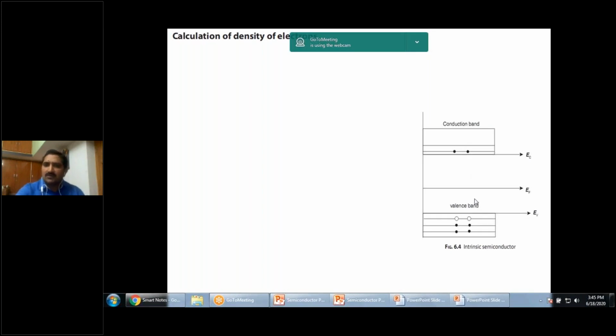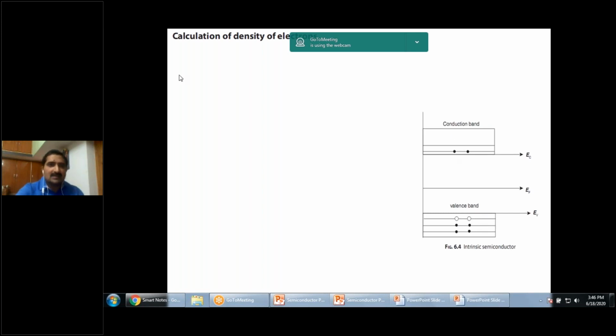When we give a small amount of energy, the covalent bond breaks in the semiconducting material. Due to the breaking of the covalent bond, the electrons move from the valency band to the conduction band, leaving empty sites in the valency band. These are called holes. These electrons are called conduction electrons. They come from the valency band, and the holes are created in the valency band. So in an intrinsic semiconductor, the number of available electrons in the conduction band is equal to the number of available holes in the valency band. In the conduction band, the current is due to electrons. In the valency band, the current is due to holes.